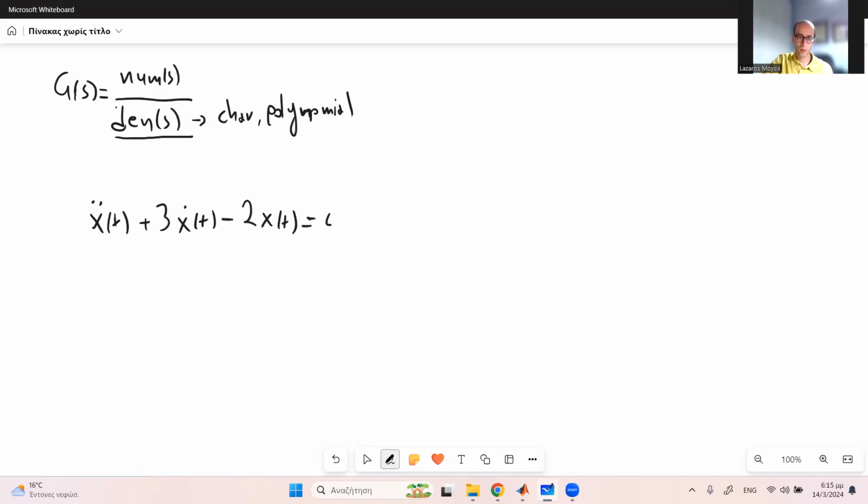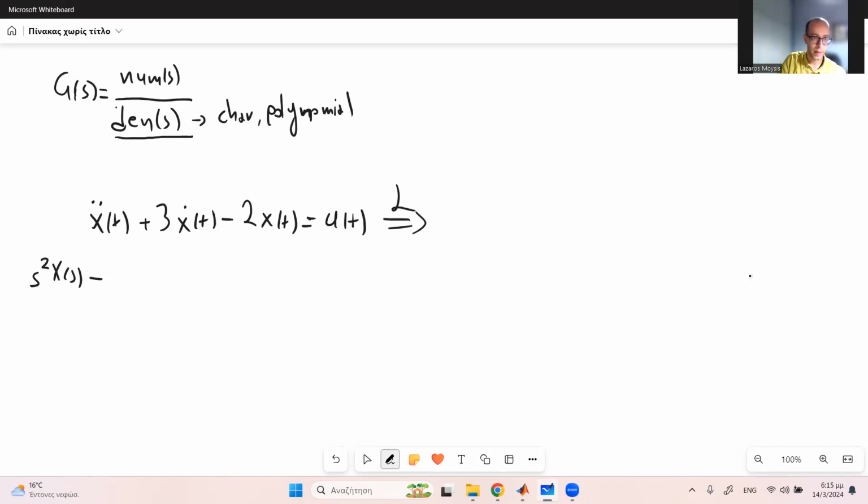And this is u of t. Now, mind you, u is any given input. I don't care what the input is. So let's see what happens. Let's say we want to solve the system. Okay, we take the Laplace transform, and this gives us this analytical